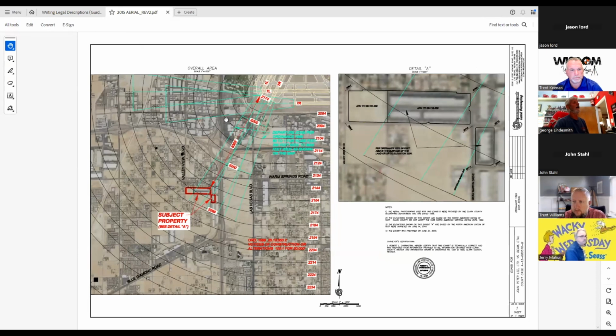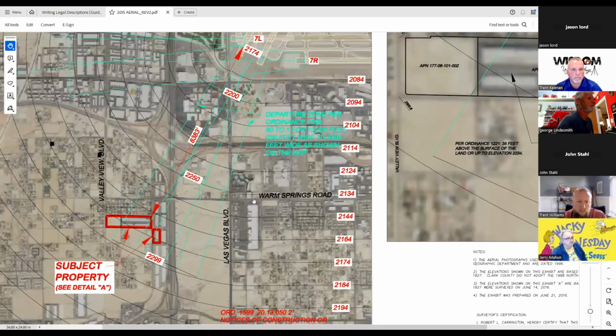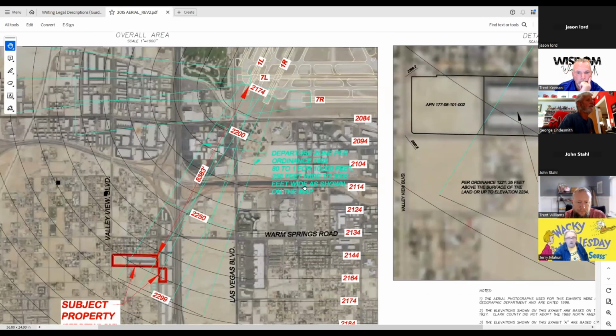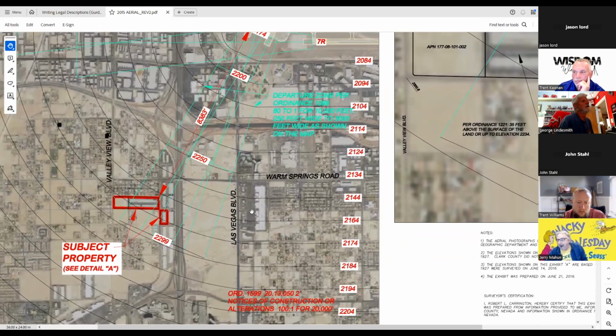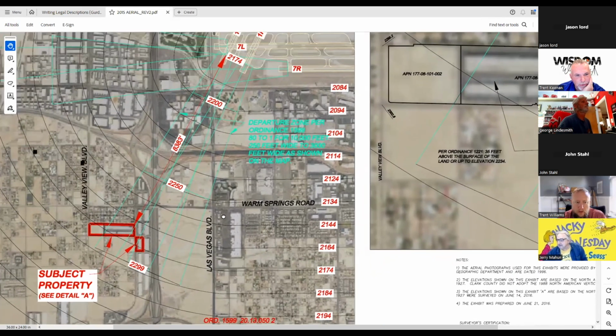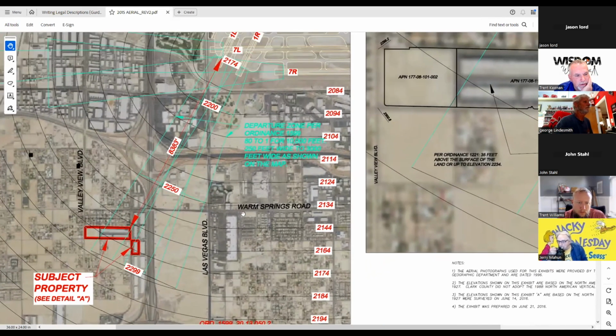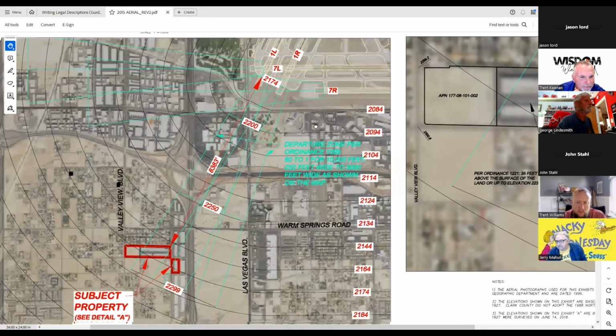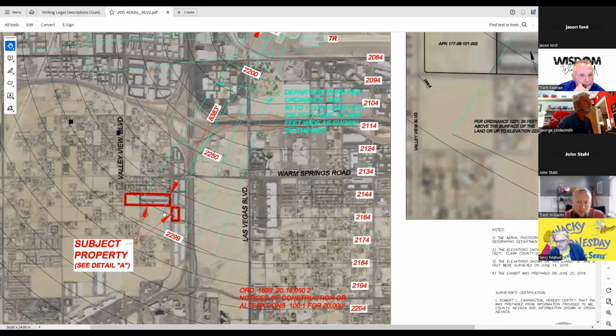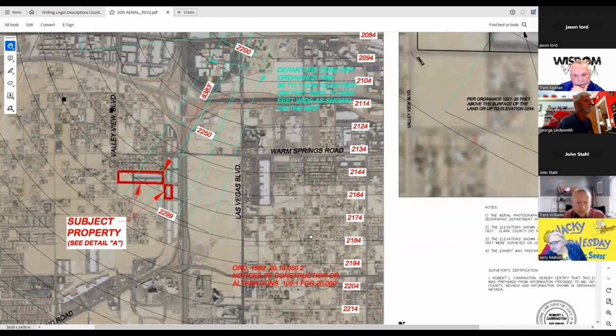I've never had to write a description for one, but I've spent a lot of time studying the mapping for the clear zones, especially. Not an easy task. No. I just threw this up. This is one we did 8 years ago. I was looking back to find one from one of these expert witness cases years ago. This is just a generic diagram that came out of those navigation easements, showing the subject properties and how far out and all the elevations coming in and out.